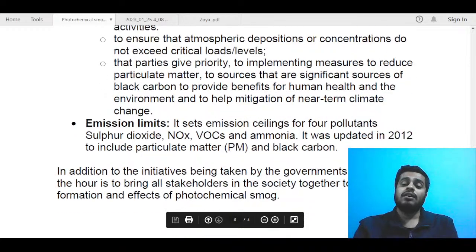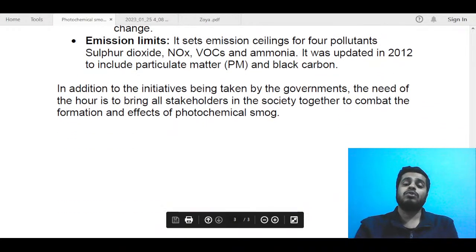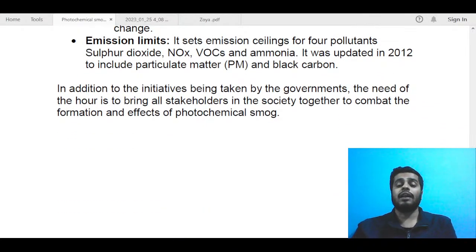Other than that, you could have written multiple things. For example, you could have gone into details of what the targets or levels are and which countries were there. But I think there was not that much scope. They just wanted to surprise the candidates and test whether the person is able to think on his feet and come up with something related to ozone, or has just a basic idea about this Gothenburg Protocol. Other than that, I don't think they wanted to check the details of actual knowledge here, because the question